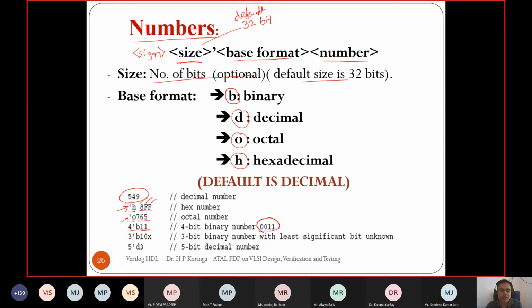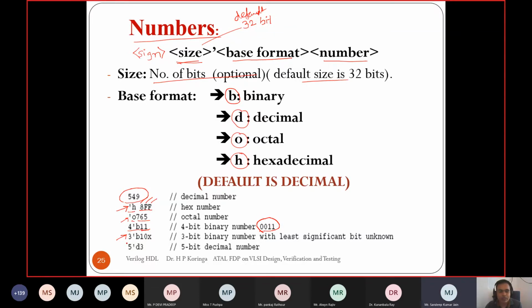Similarly, if you have any unknowns in Verilog. Sir, one more question, sir. Yes. Sir, actually here we can write 4'B0011? Yes, perfect. We can write it. But if we have specified the size and we have not provided that many bits, then automatically it adds that many 0s in the MSB, on the left side. Okay, sir. Thank you.